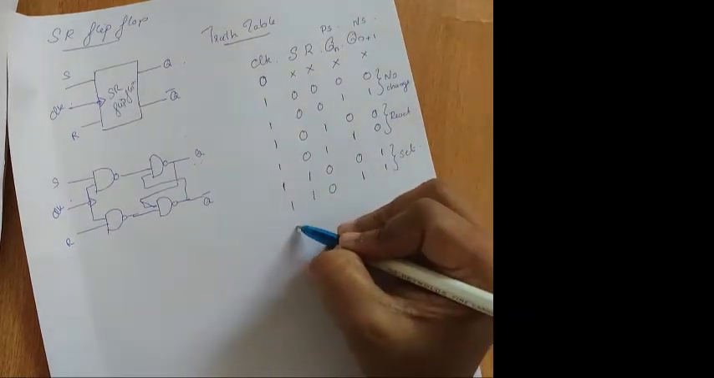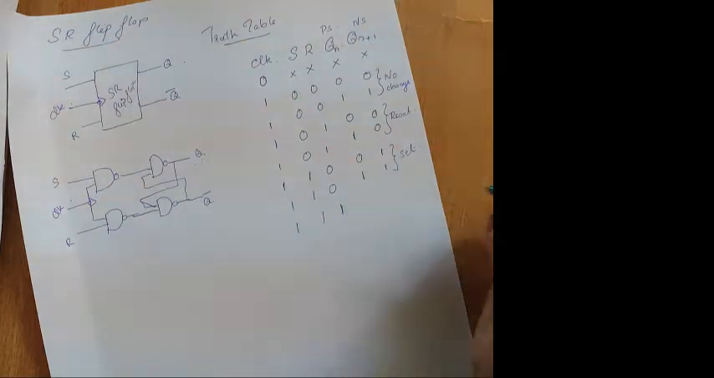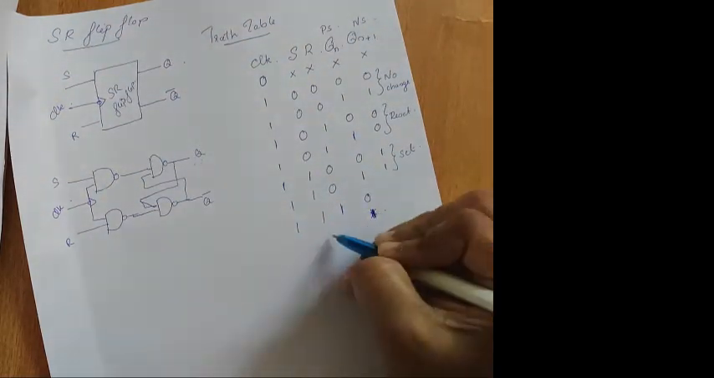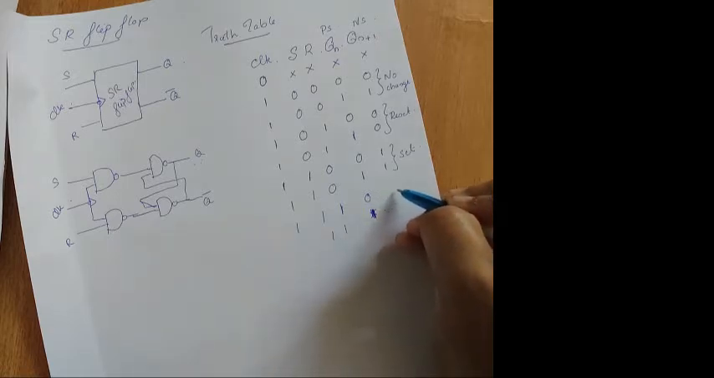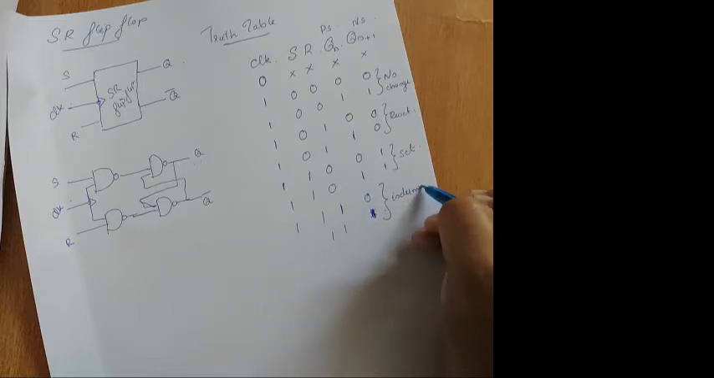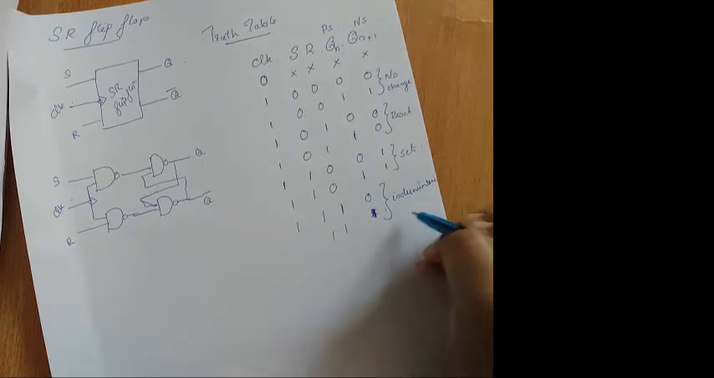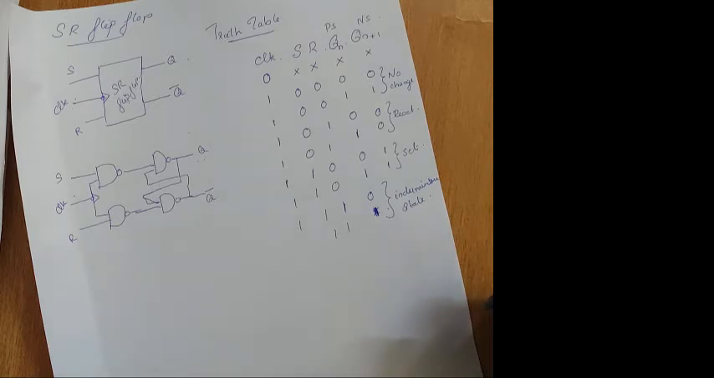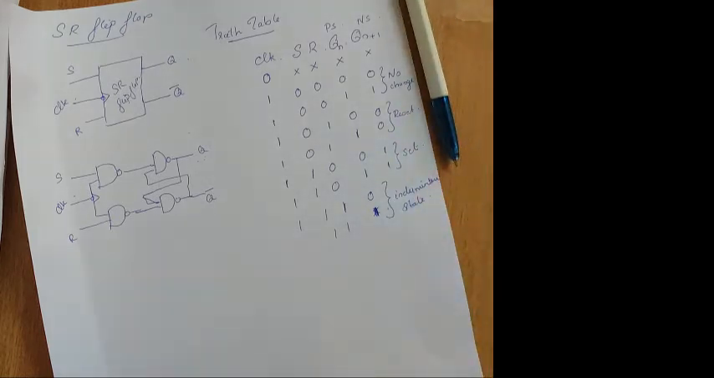Okay. And the 1, 1 condition. Here, in the 1, 1 condition, whatever happens to the present state, 0 or 1, the output will remain indeterminate. Here I will show what is indeterminate, the invalid state. Okay, look,